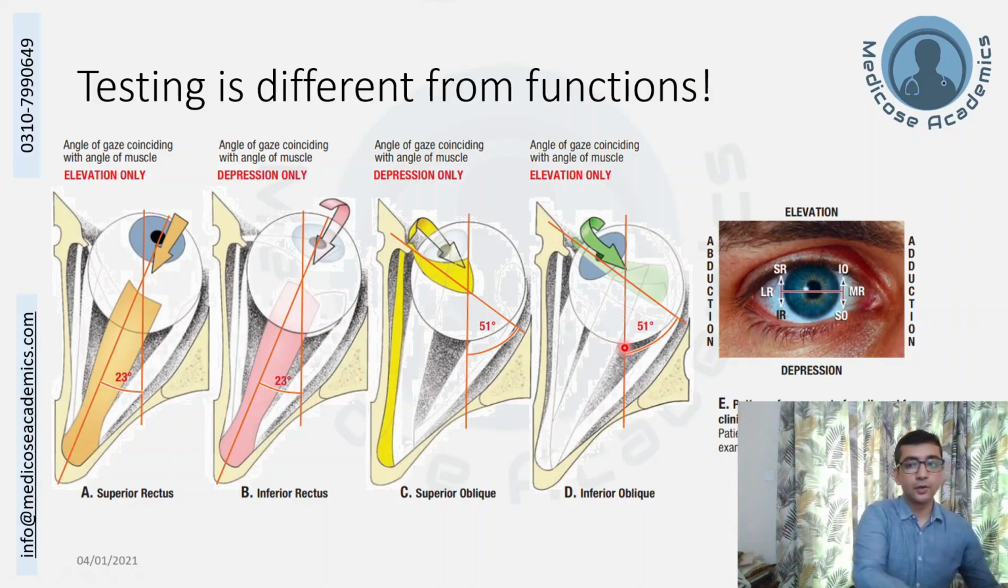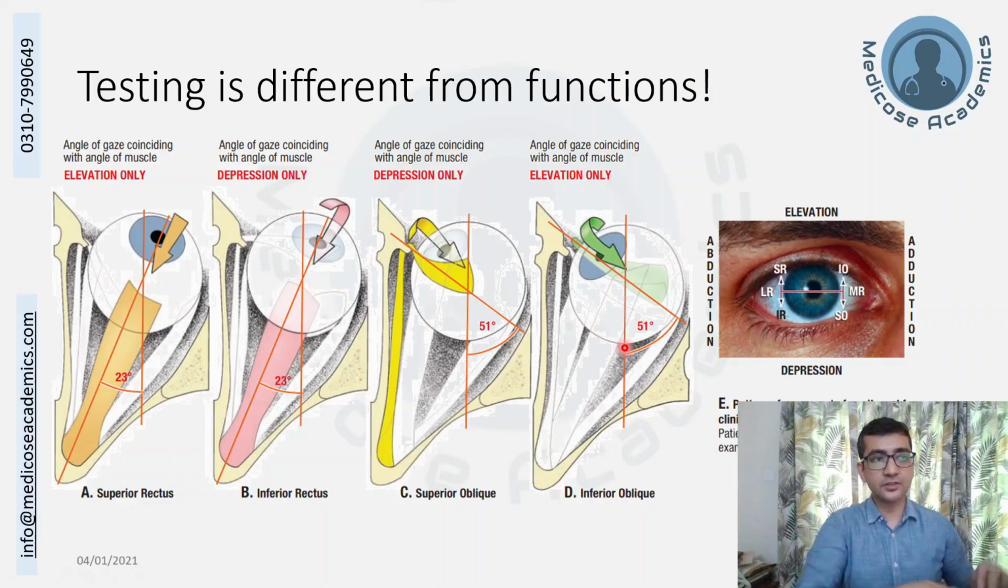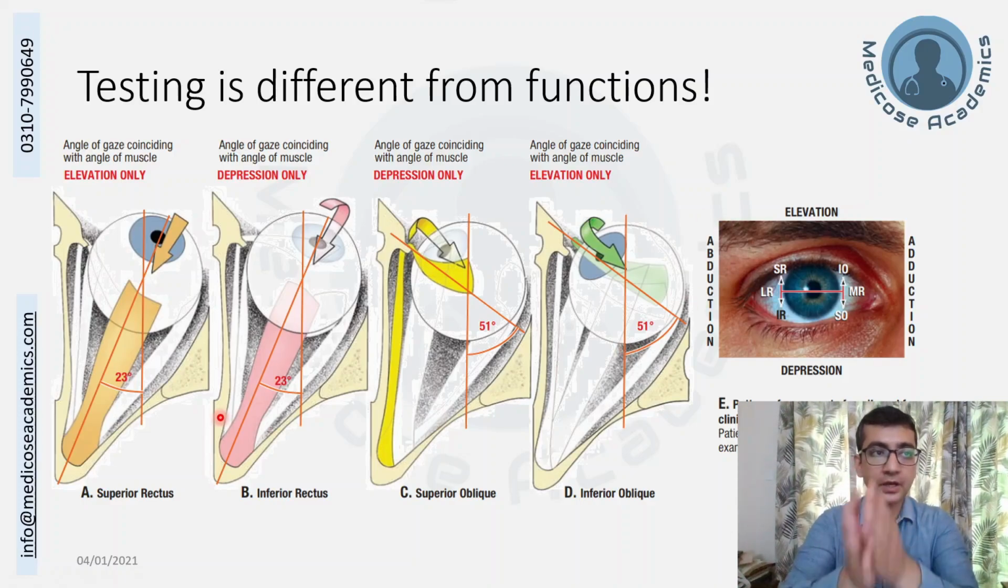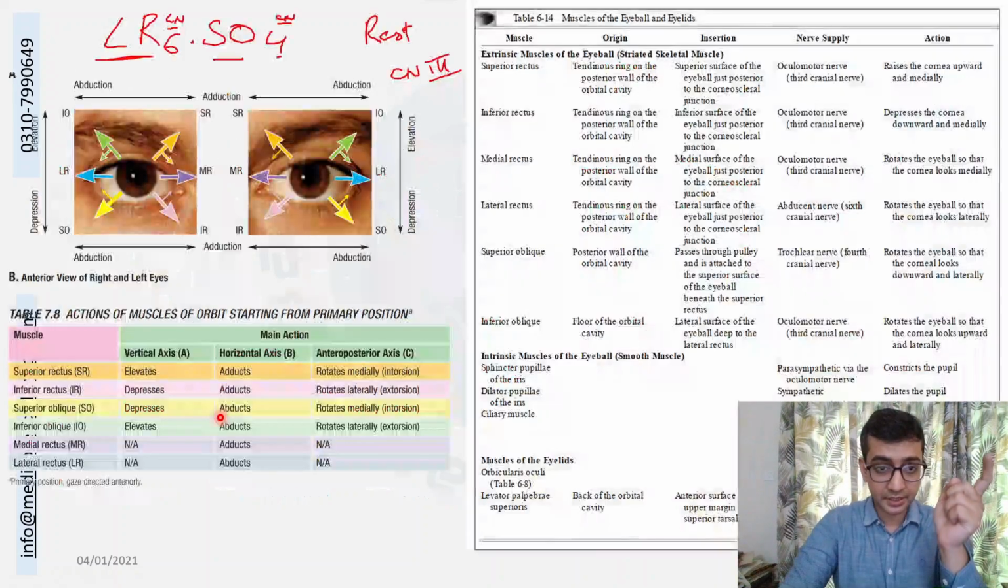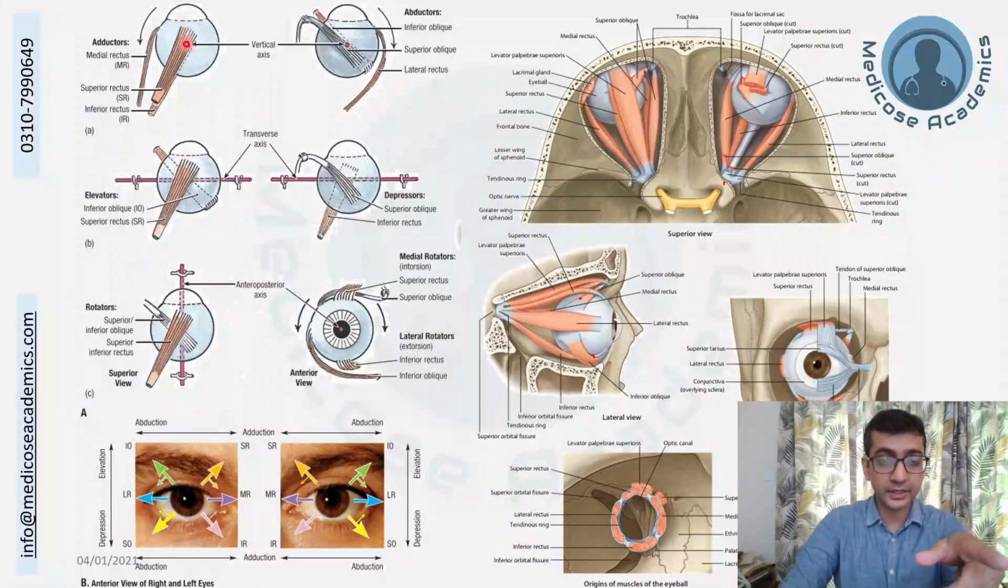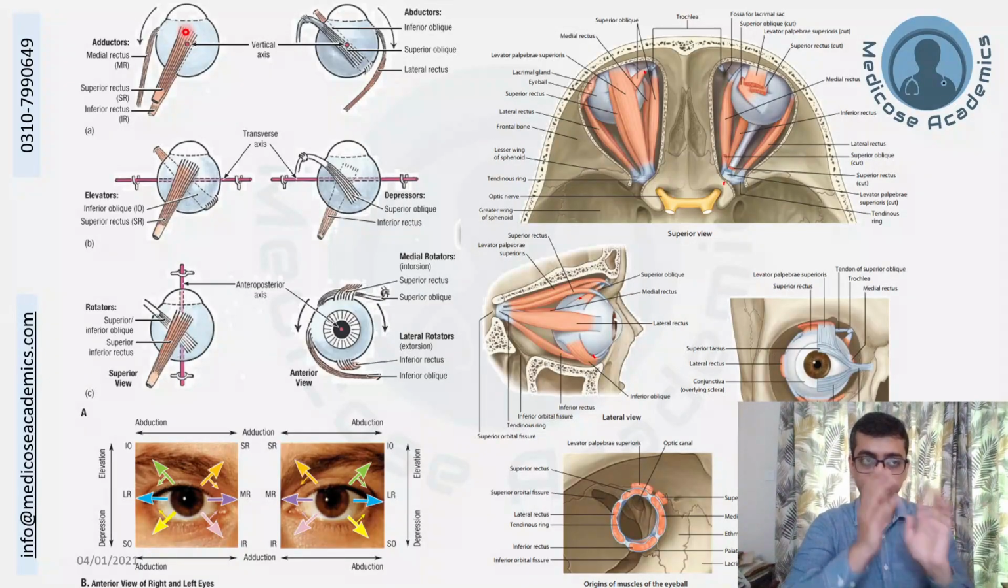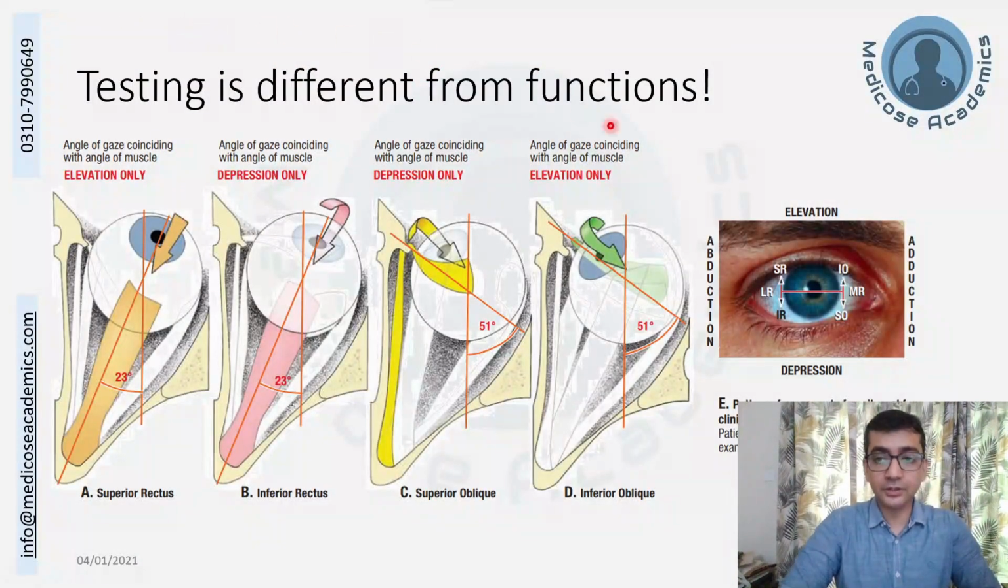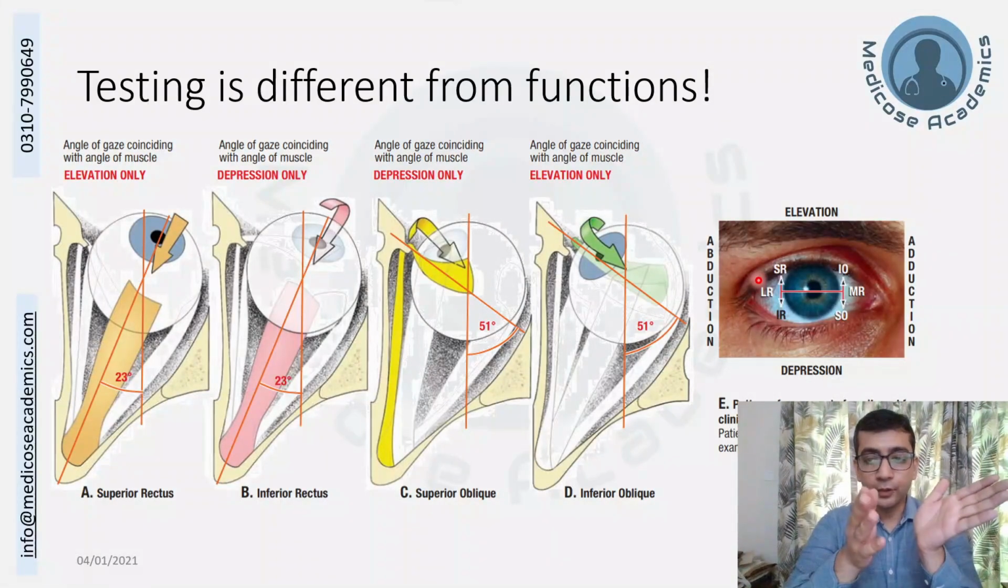So that is why clinical testing is different from functions. In 5 to 6 years of my teaching anatomy, I have seen a lot of students getting confused at this point. So keep the functions separate from the clinical testing. When talking about the function of the superior rectus, we mentioned that it was moving the eye medially and upwards. But when talking about clinical testing of the superior rectus, we said that we ask the person